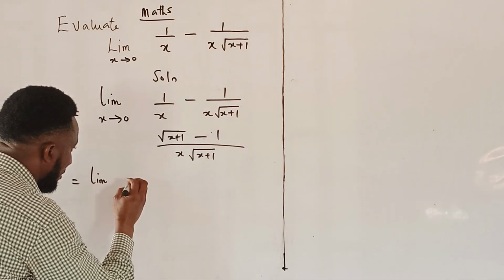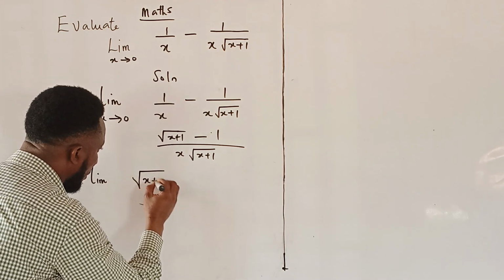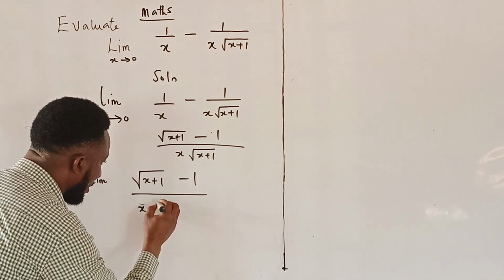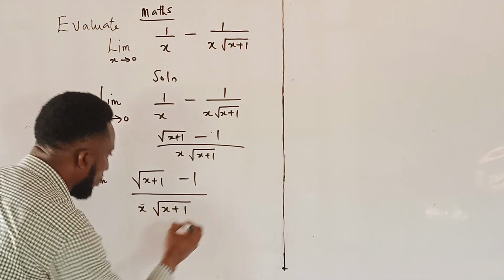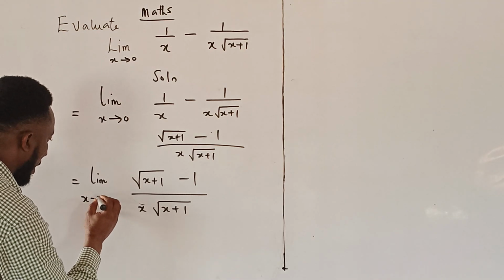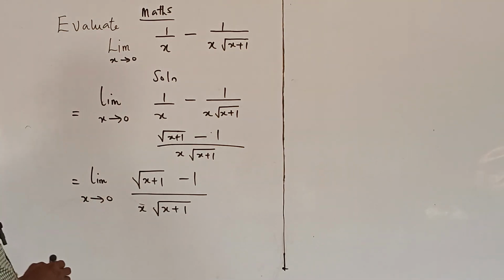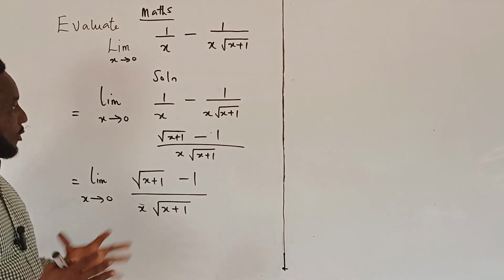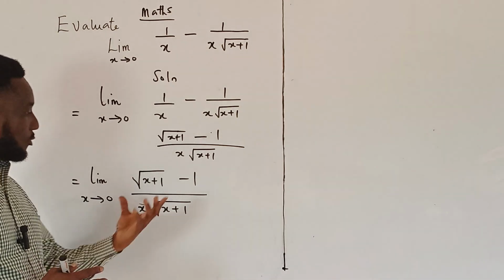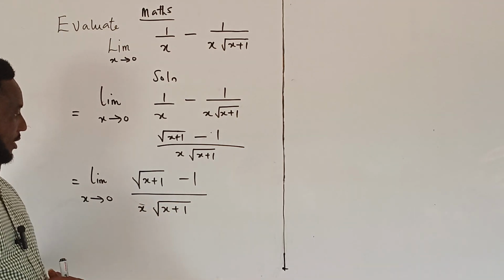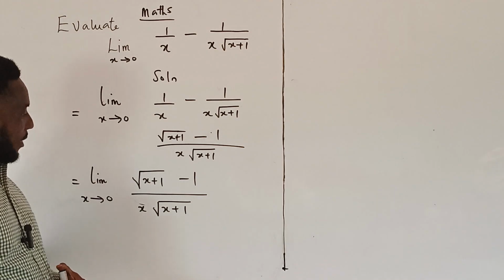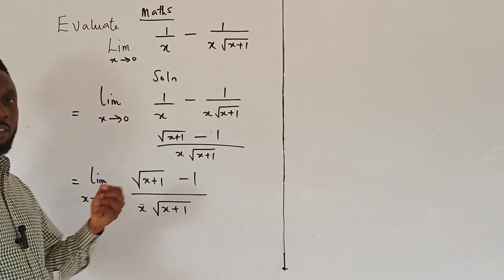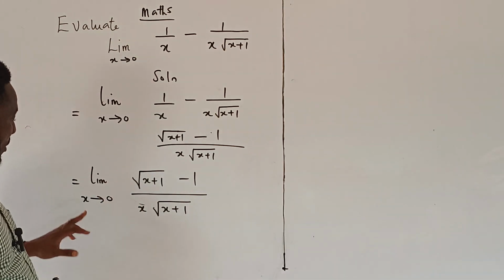So limit as s approaches 0 of the square root of s plus 1 minus 1 upon s into the square root of s plus 1. Here, I've been able to actually combine these two fractions together to have a compound fraction. Then I want to test whether, if I plug in s equal to 0, it will be determinate or indeterminate. Now,